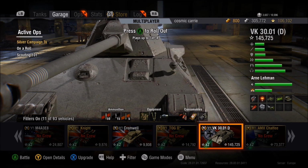I don't know. But anyhow, this is the VK 30.01D, and why did I grind the Marks of Excellence on this tank? It's kind of twofold, really. I did the ELC AMX, and I thought, okay, let's move on to a Tier 6, and at the same time, Wargaming were doing a competition,